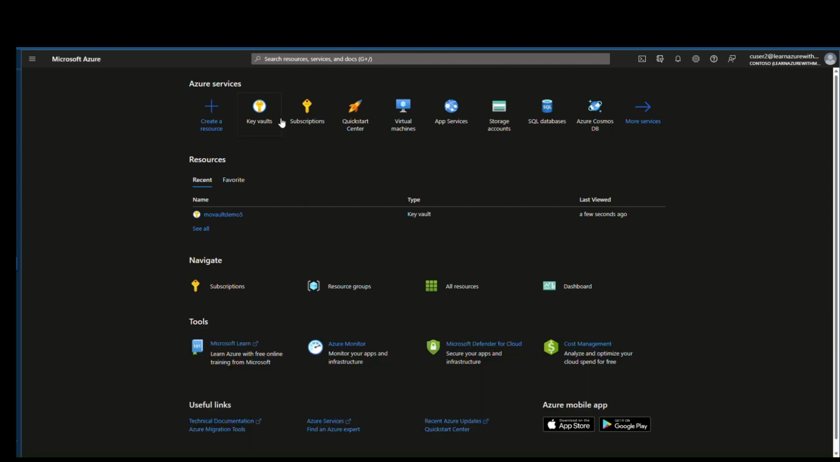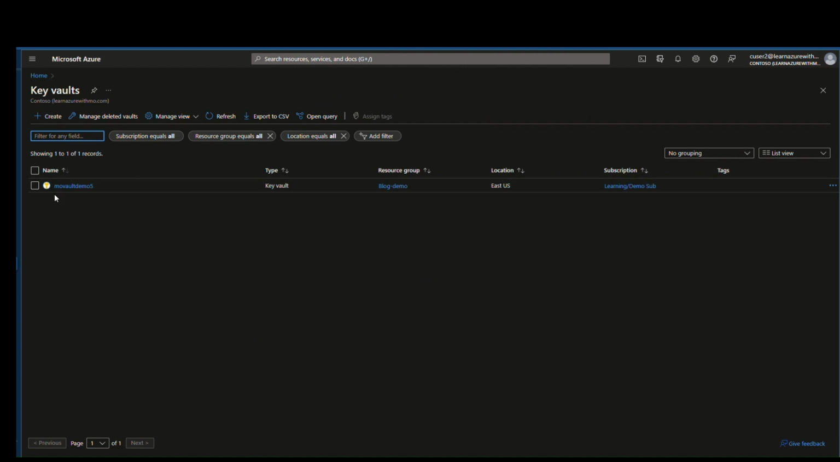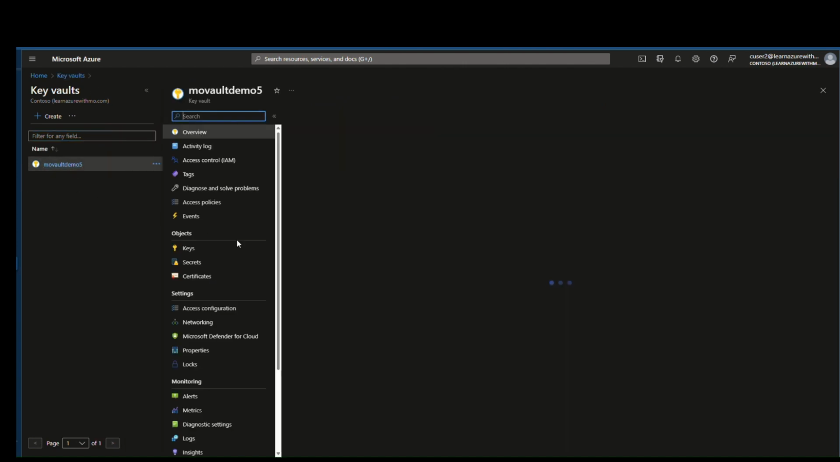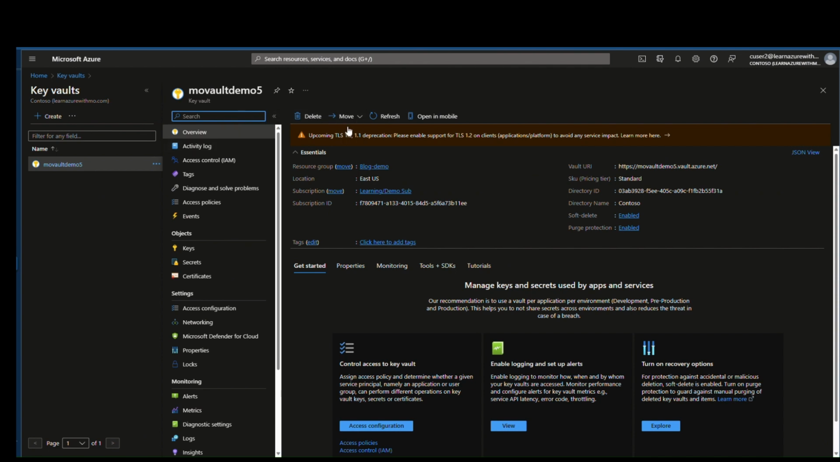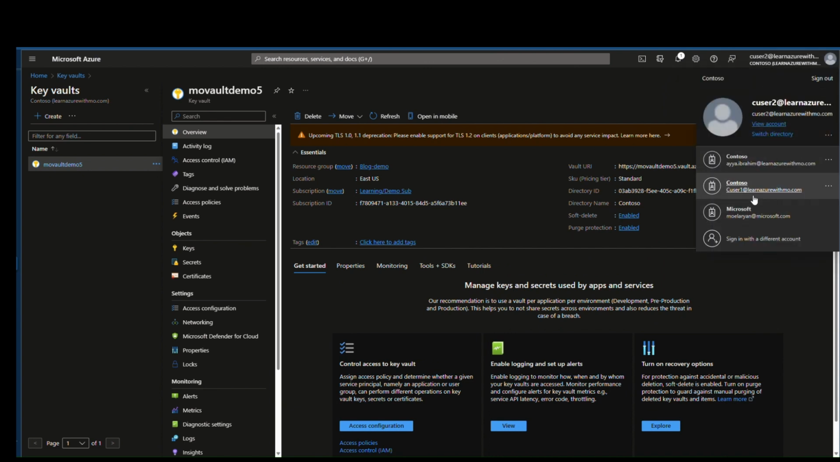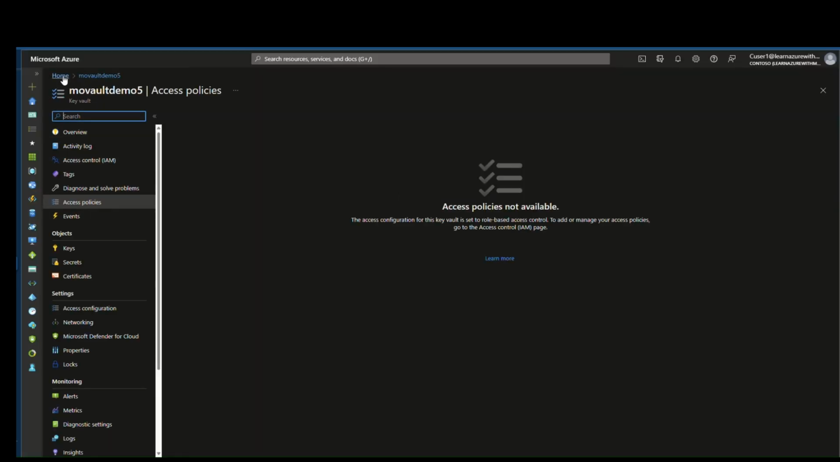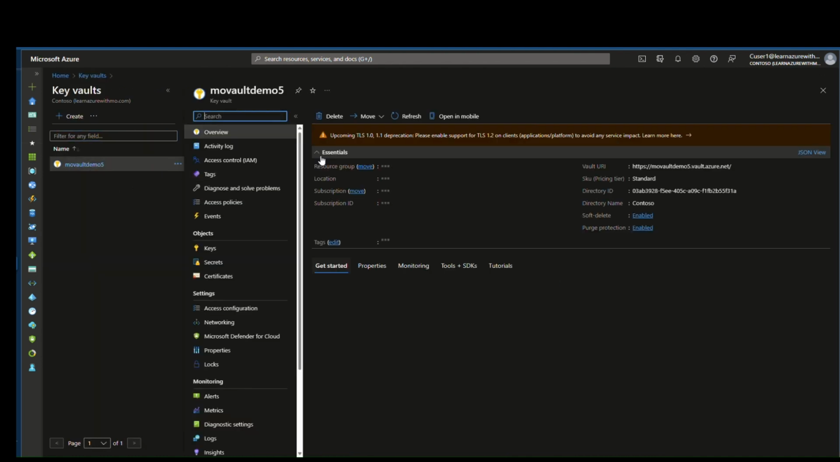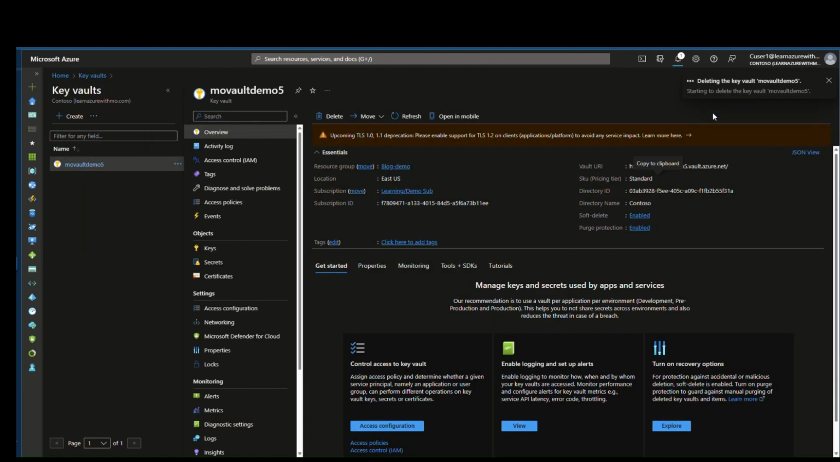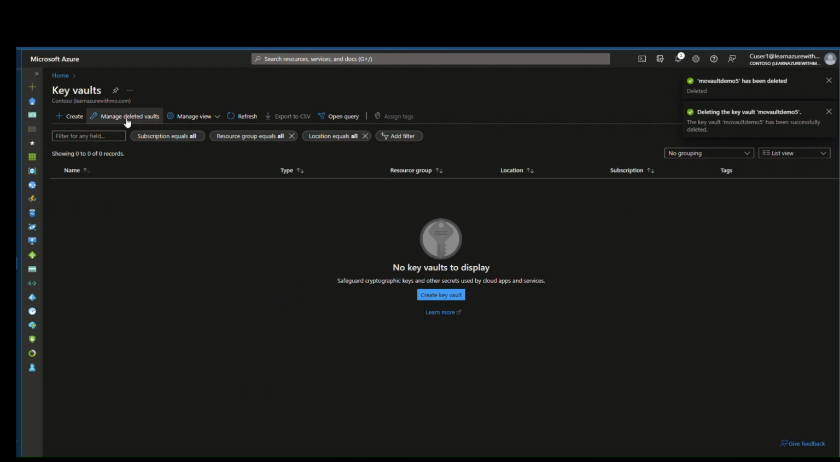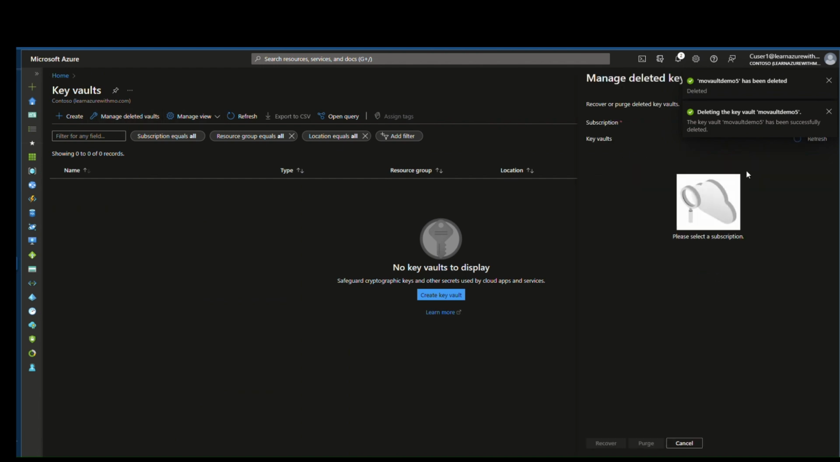Now, the last thing I want to show you is the purge protection, how it works. So let's say you decided to delete that key vault, right? So let's say you came here, and you want to delete it. Actually, let me switch to the owner, because I don't have proper permissions on that user. So we go here and then hit delete. Bam, deleted. So if you go here, manage deleted vaults,